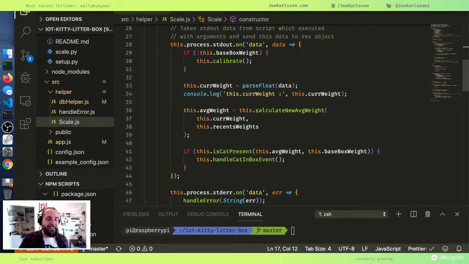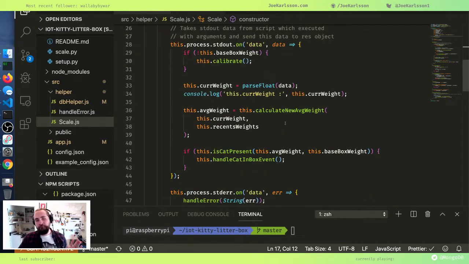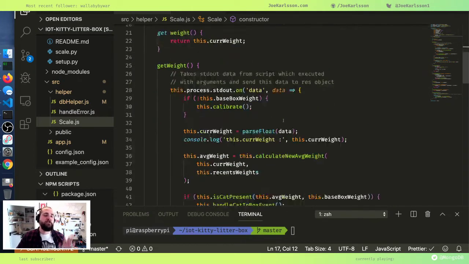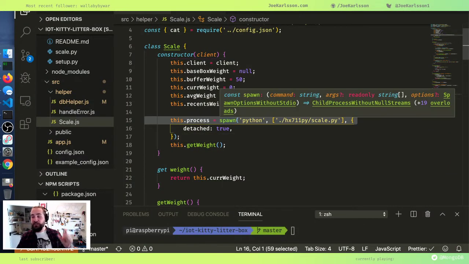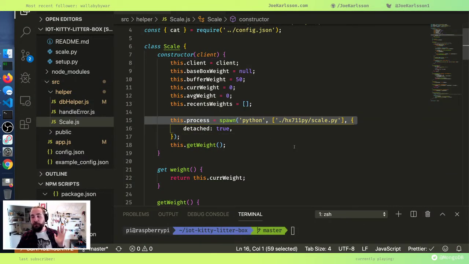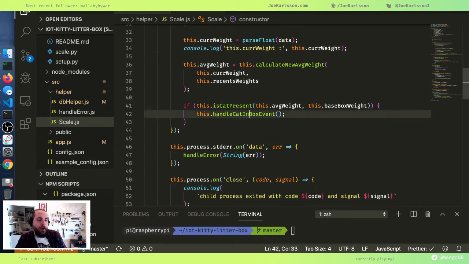Okay, let's see here. We'll go through. I'm doing some cool stuff in here. You know what? We'll get to it in a bit. I'm using the spawn child process feature in Node, which is super cool, and I'm doing that for some weird reasons. I'm not going to go into it, but I do want to go through it eventually. I have a function that checks to see if there's a cat in the box, and then I